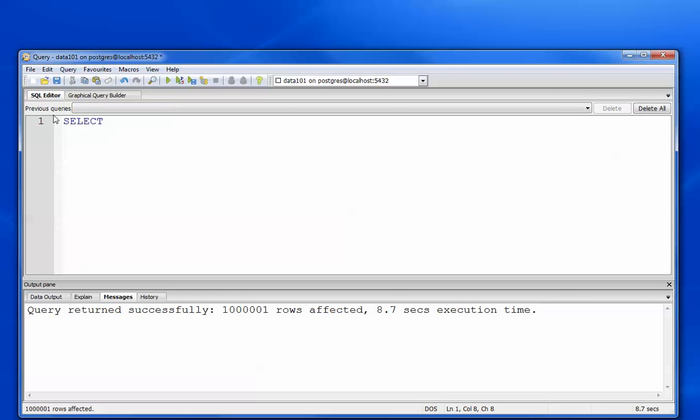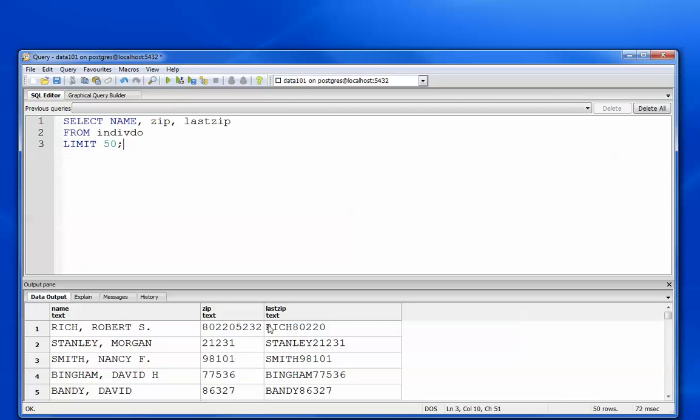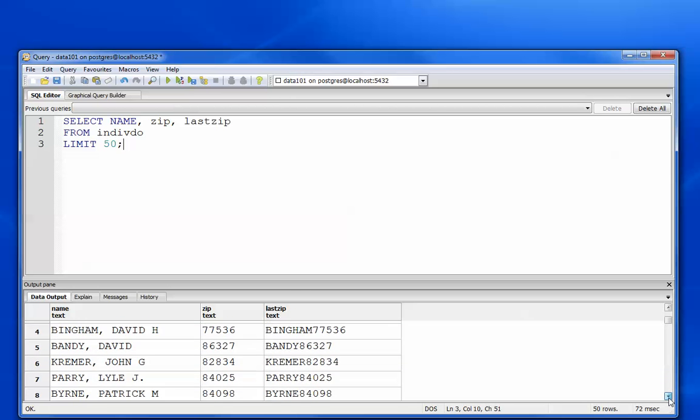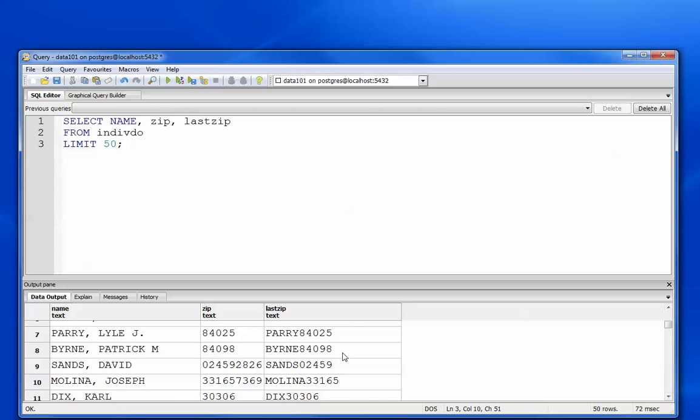If we select name, let's go ahead and get zip in there, and then last zip, and we need to tell it from individual. Put a limit on it so that it doesn't pull everything, and let's see what that looks like. That's looking good. Now we have our pseudo primary key, and I can do this exact same thing